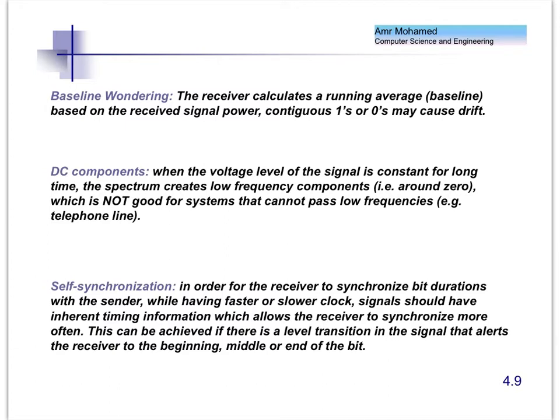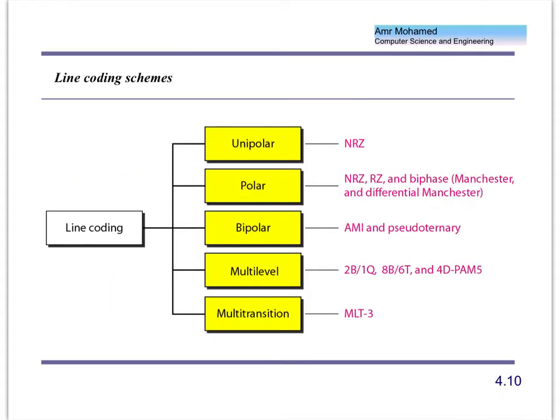So if you have a zero frequency component in the line coding scheme with very high power, that's when the DC component happens, and that's really bad. And that also deteriorates the performance, because any low pass filter you will use will have very low efficiency at very low frequency. Self-synchronization on the other side is good. It's good to have self-synchronization. However, if you have lack of synchronization, then you increase the probability of error. So we will take these as the baseline, as the main criteria to evaluate all the line coding schemes that